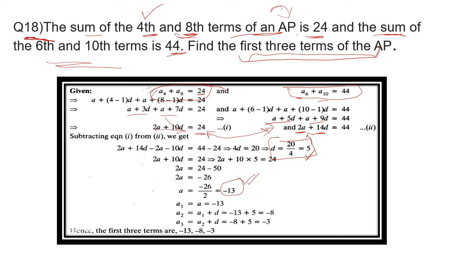For finding out the second term, you have to add D to it, because A1 is equal to A, the first term we have already found. A2 is equal to A plus D, and A3 is equal to A plus 2D, or you can simply add D to the second term. You all know the general formula: A4 is equal to A plus 3D, A5 is equal to A plus 4D. So if A and D are known to you, you can find out any term. But in this question, you only have to find the first 3 terms. A1, A2, A3 are known to you now. So moving on to the next question.